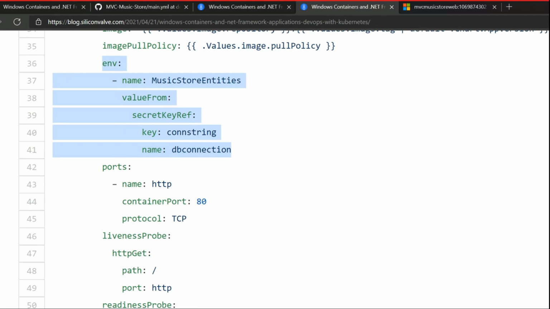I want an environment variable called music store entities, and I want the value to come from a secret where the secret key is dbcon, and the key inside of that secret that I want to return is called constring. So that will mean that the base64 encoded string is decoded by Kubernetes and written as an environment variable into the running container.